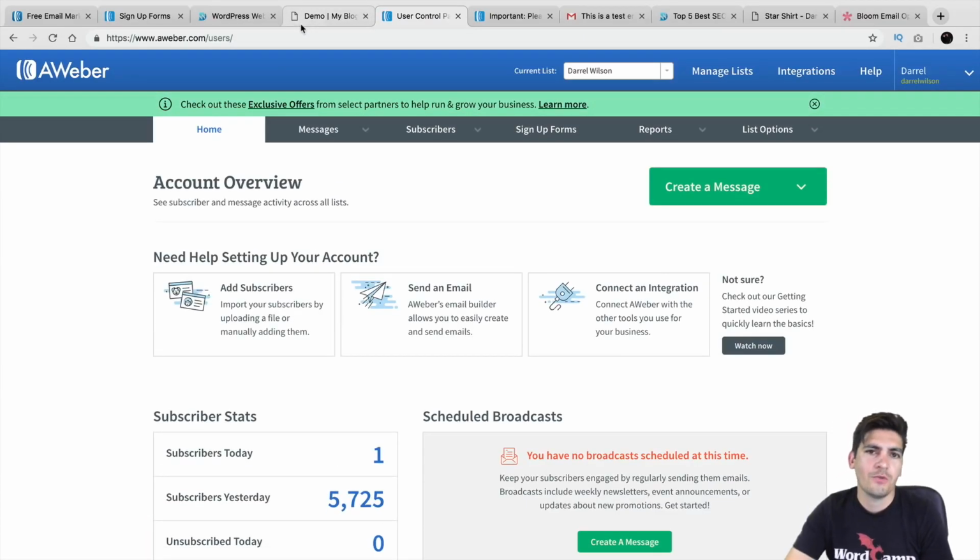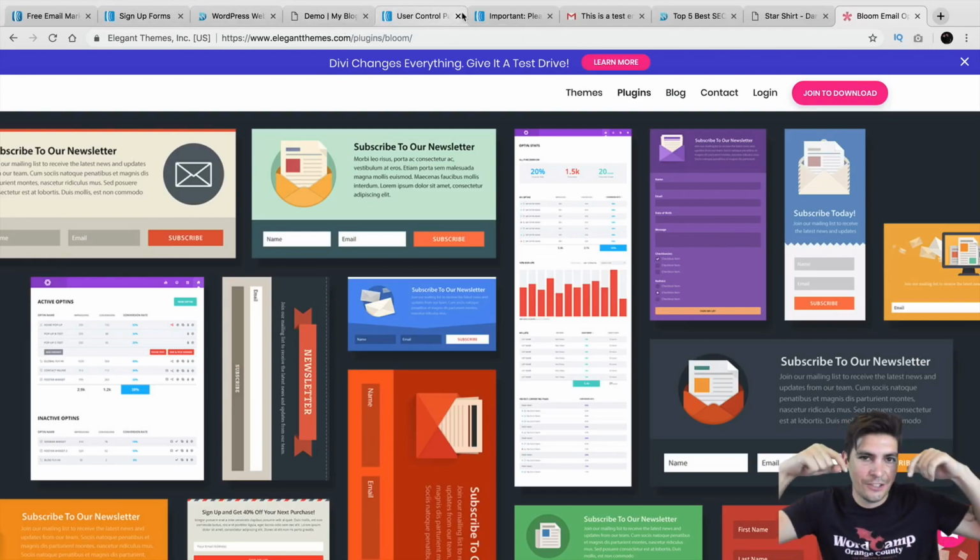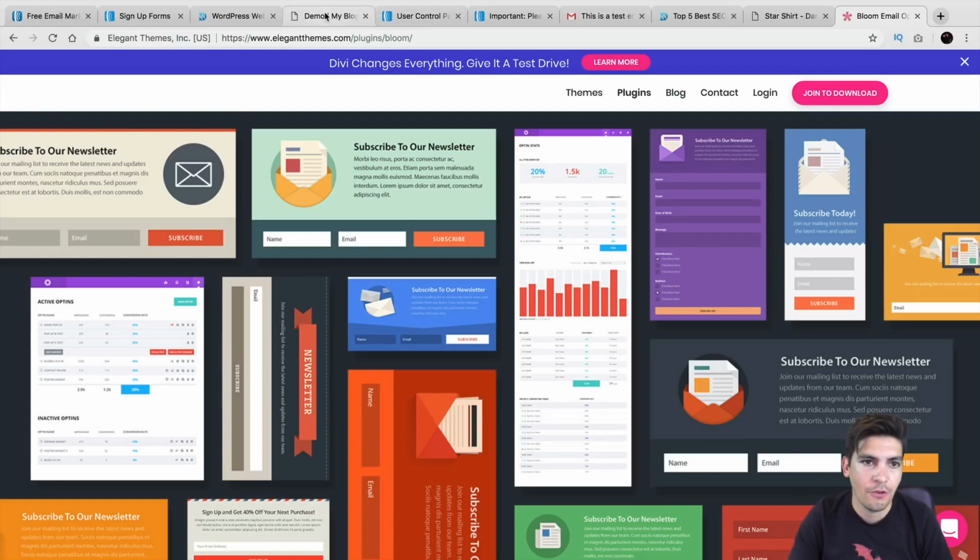I think AWeber is a great email marketing campaign platform. I mean, it's just simple. I love the legacy follow-up. It's just really easy. I preferably would use Bloom, or I would use some other form. I think with Elementor, you have to use Crocklebox, but I'll put those links in the description below. I think Crocklebox is a form where it gives you an email subscribe form, but I think Elementor Pro just offers that. So you might want to look into Elementor Pro, the Divi subscriber form, or just Bloom, because just by looking at this right here,